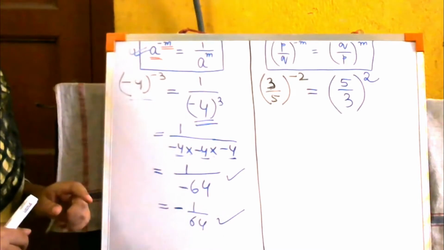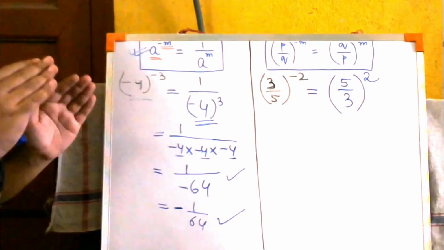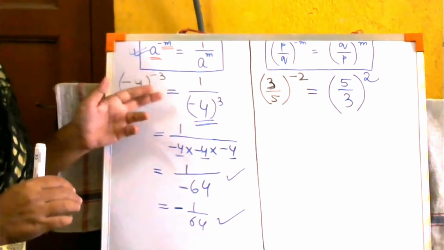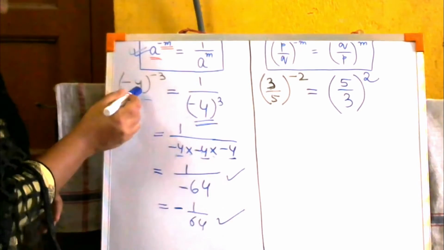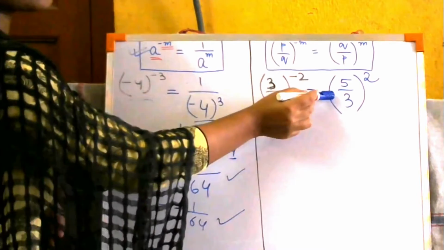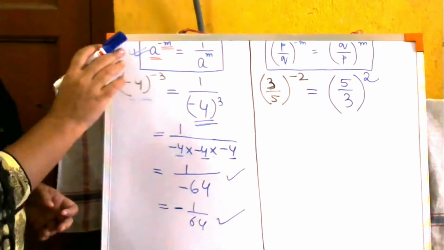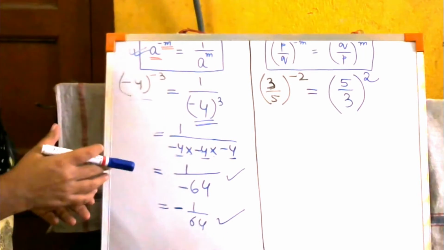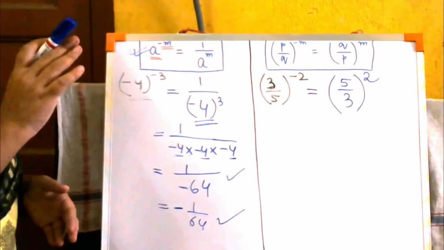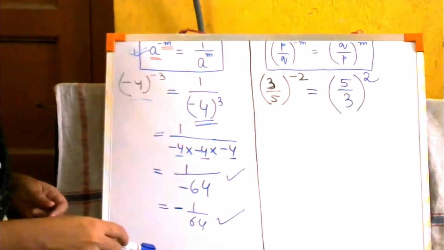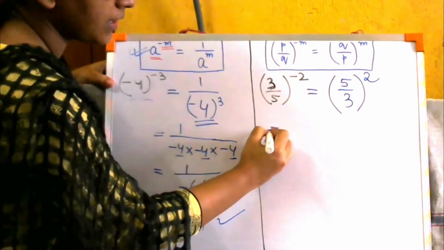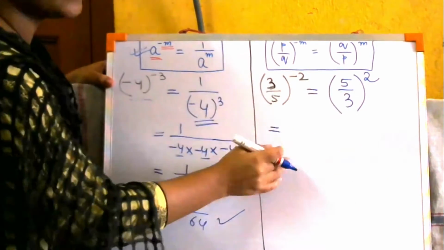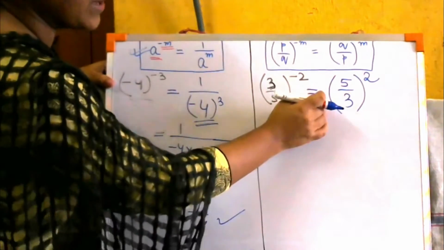If the power is in negative form, अगर power negative में है तो मेरा काम होगा power को positive form में लेके आना. And how we do that? We are just going to inverse the numbers. Okay, when you are solving the sums, understand what I am trying to say, then solve the sums. Don't feel scared with the maths. Okay, now let us solve this. 5 by 3 to the power 2. ठीक है? So now can we solve it?